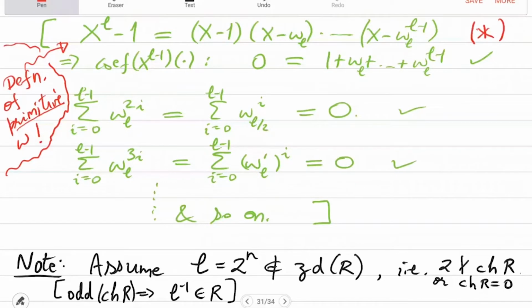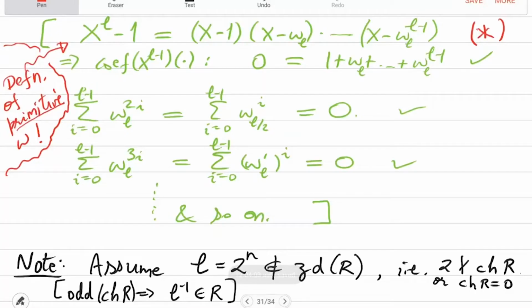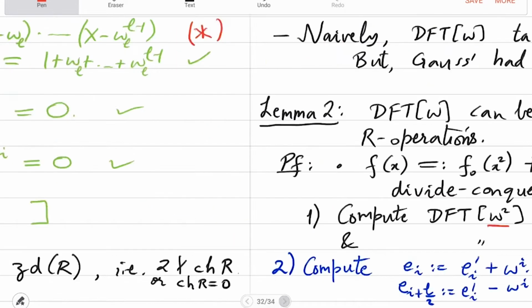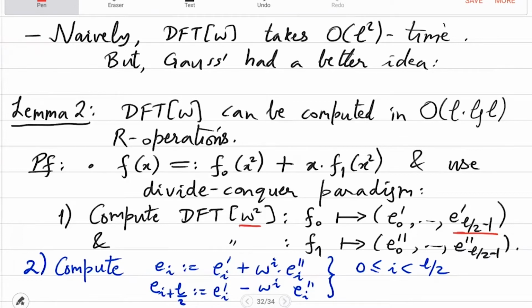So this is mainly motivated from the complex field. There, x to the L minus 1 indeed factorizes this way uniquely. In other rings it may not be so. There may be many factorizations and other problems and issues, so those definitions don't easily generalize. So we'll just call star the definition. Right, and there was this issue about characteristic also, that for this to work we have assumed characteristic 0 or odd. That we will correct at the end of the class.